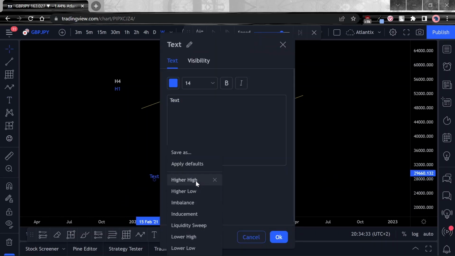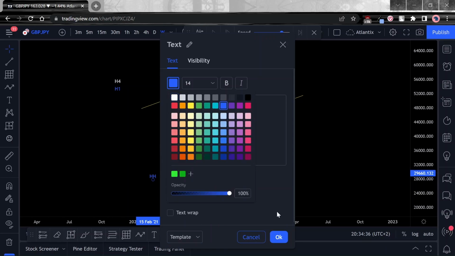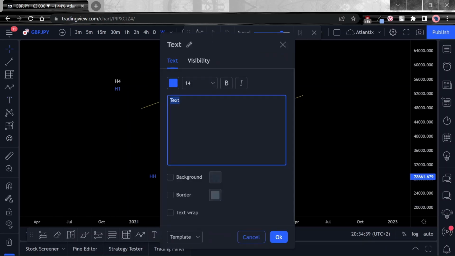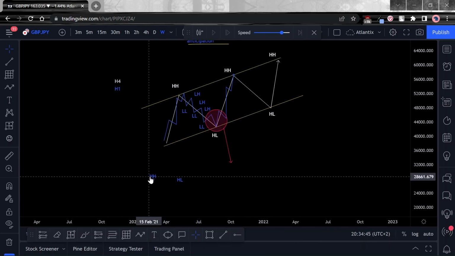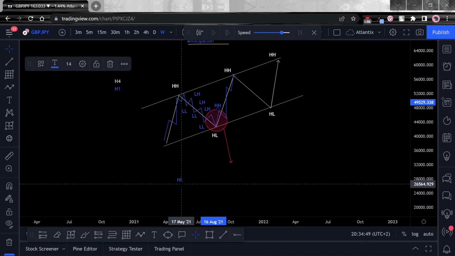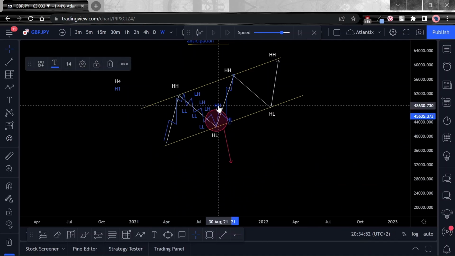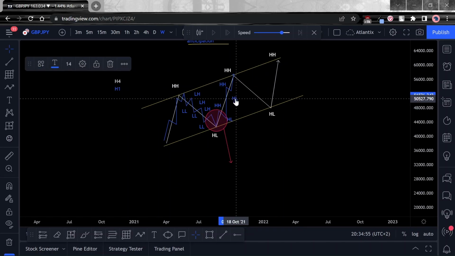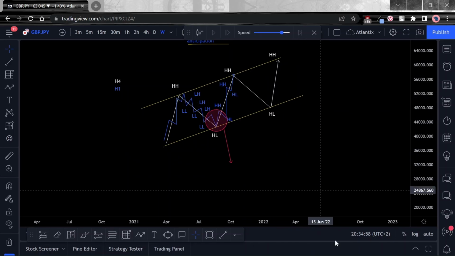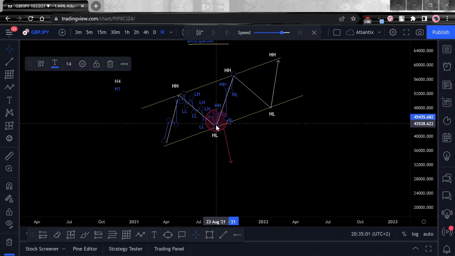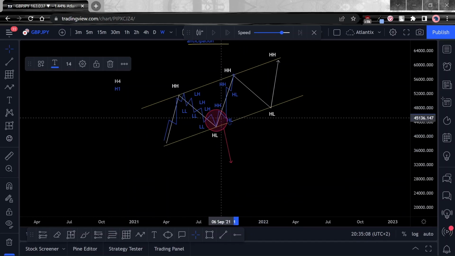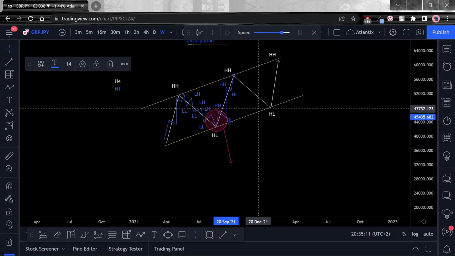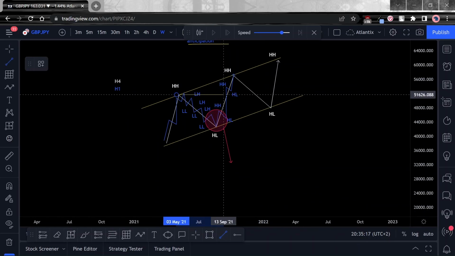So let's label that higher high in blue, and we also want to see higher lows. And in this exact example, this is what we see over here. We see a higher high and we see a higher low, and we also see price doing the same thing over there. And this is exactly what we want to do. We want to catch it as it begins to show internally that it's shifting to being bullish, and then we catch an entry somewhere within this pink circle and we move with price as it goes on to break the previous highs.